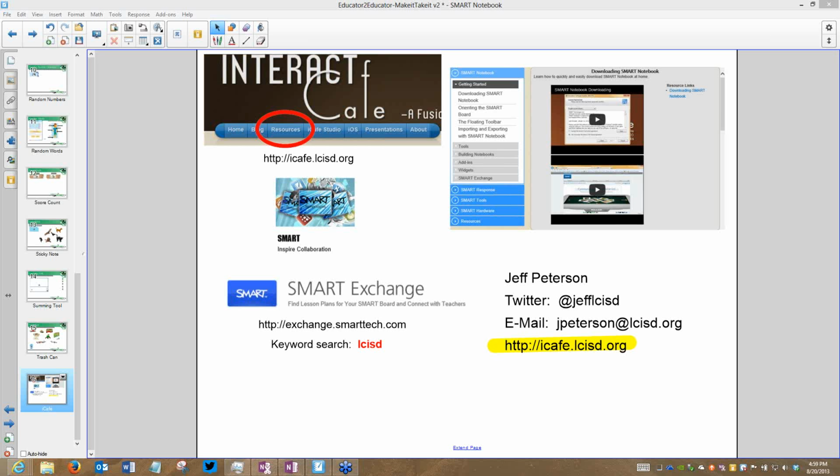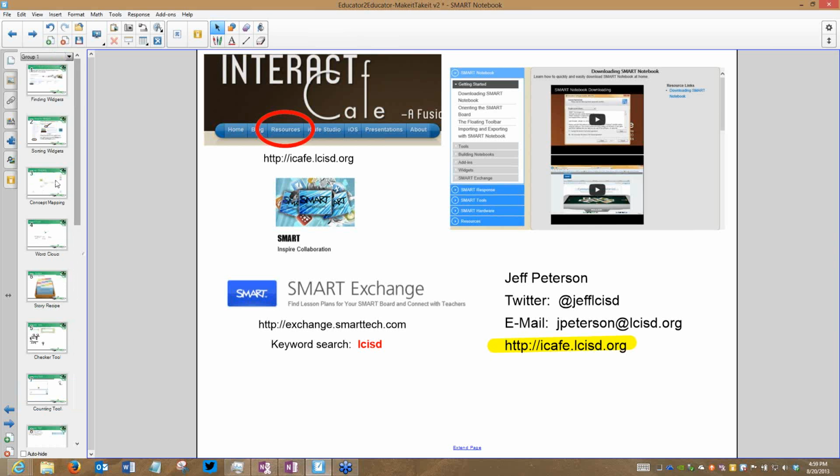Oh, I do have one thing I have to throw out real quick. The widgets that work with Smart Response, you have to have version 11.2 of Smart Notebook. So please keep that in mind. That's a good thing. There is an update for 11.2. That is a great thing. We'll put that in the email too, so that's what we'll do. Perfect. Thanks for reminding about that.